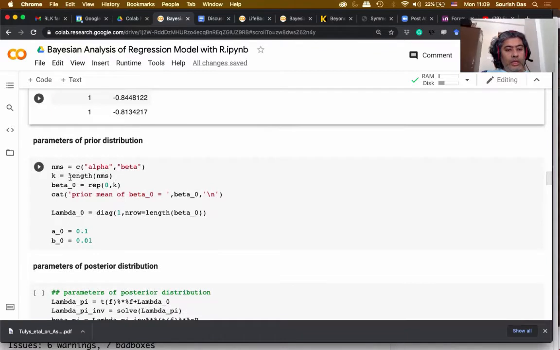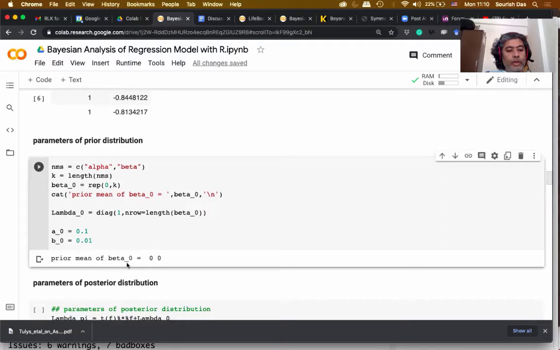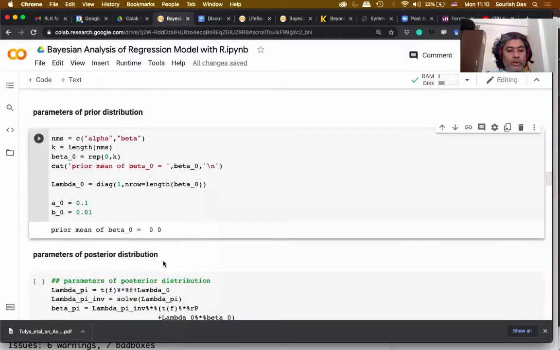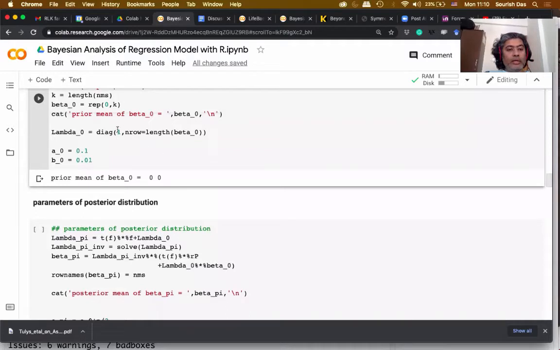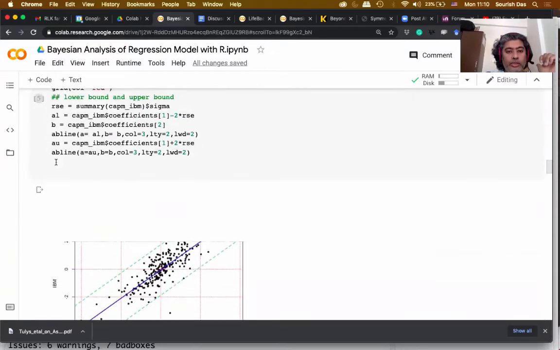Then here I'm saying that the prior mean of the alphas and betas are 0 0. So prior mean of beta I have taken 0 0. You can take 0 1 also actually. So it's up to you. And then lambda 0 I have taken a diagonal matrix. That means the diagonal elements are all 1 and off diagonals are 0. And then A0 B0, this is the hyperprior of the inverse gamma